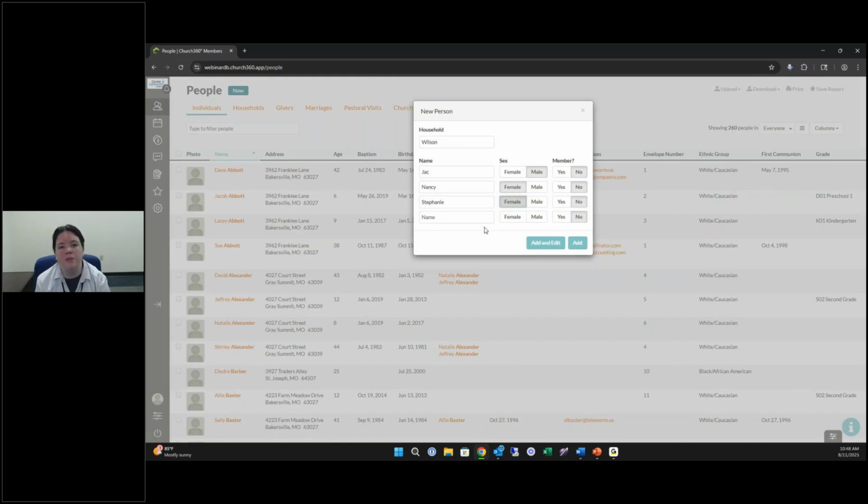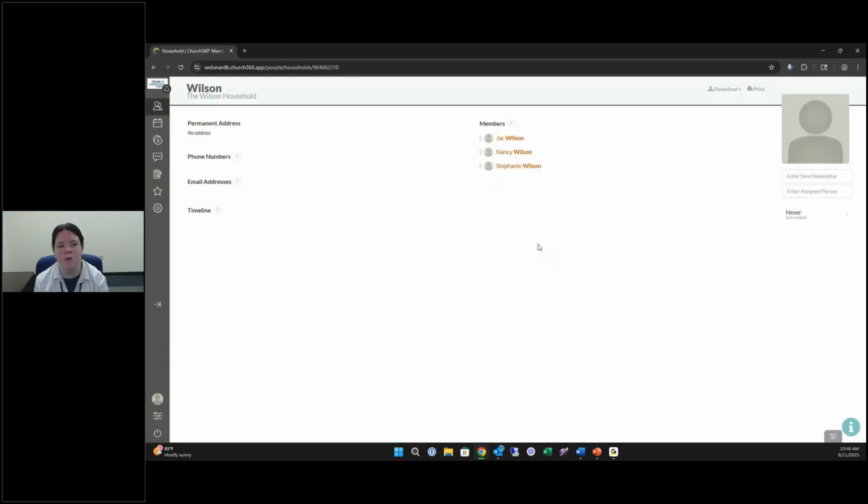So if this is the only information that you have, and you just want to add in these person records so that you can add in maybe offering records or attendance records to these people, then you can click on the add button and then just move on to your next task. It's not going to take you to any other screen. Or you can click on this add and edit button here,